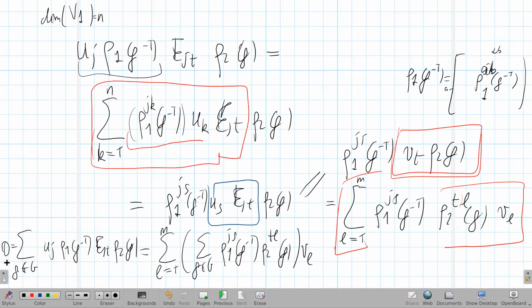The point is that I found that this is 0 because this operator, if I sum this over G, I get 0 by Schur's lemma. And so I got this, and this is a linear combination of basis elements of these objects, okay? These are the coefficients. So this object here is the coefficient of the nth basis vector. But of course, if the vector is 0, and this is written with respect to the basis, by the properties of the basis that are linearly independent, it means that these coefficients are 0. So what I obtain